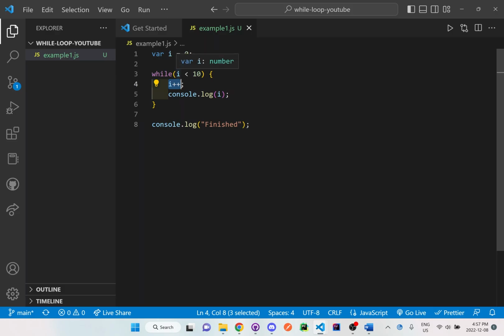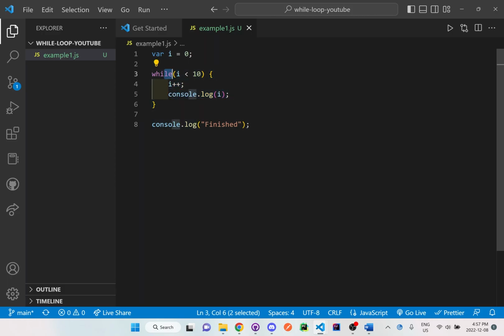And what's going to happen is as it first goes through, it's 0. So is 0 less than 10? Yes. It'll increment it by 1, so it'll console log out 1. Then it'll go down to the bottom here, and it'll say, oh, it's the end of the while loop. Okay, let's go back up here. So is i still less than 10? Well, it just went to i is 1 now, and 1, is it less than 10? Yes. So then we increment by 1 again, then it's 2, then we console log out 2, and it keeps on going